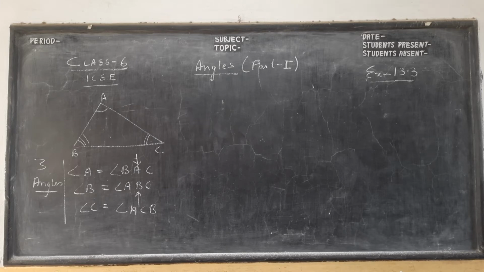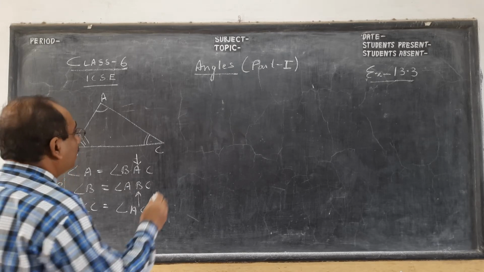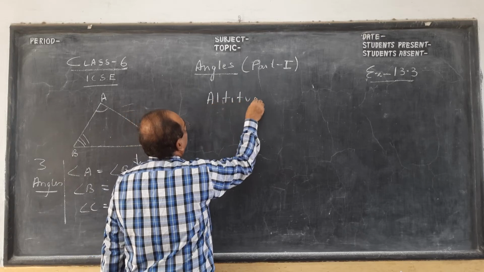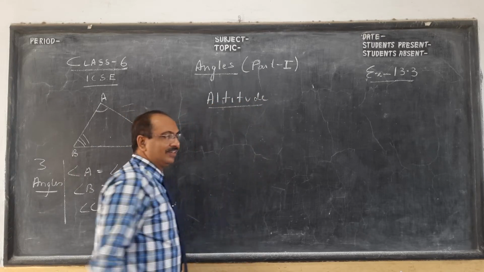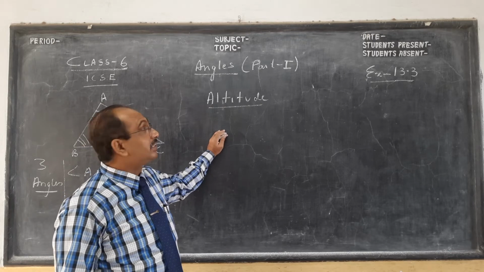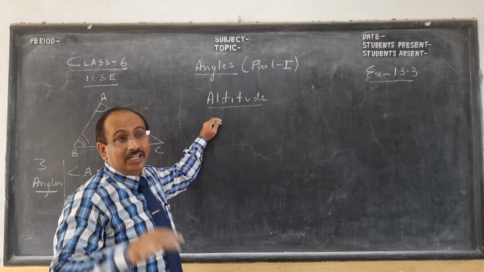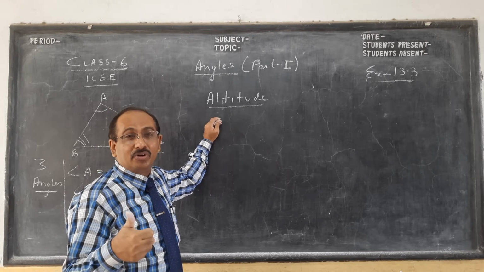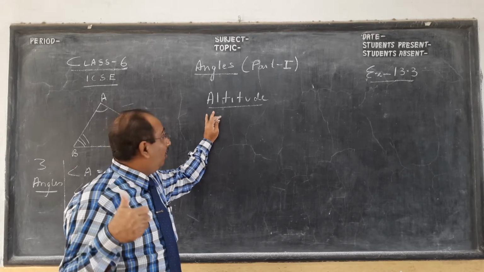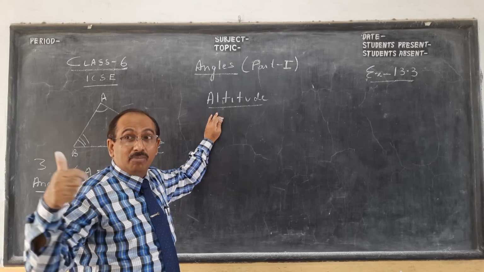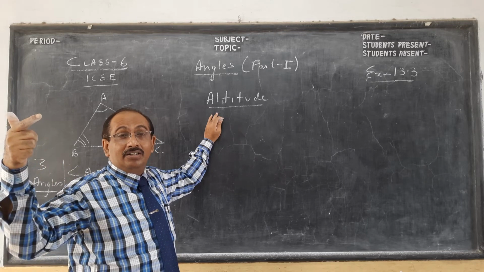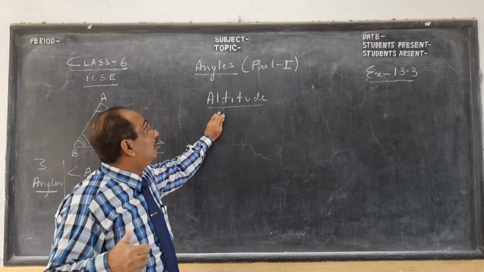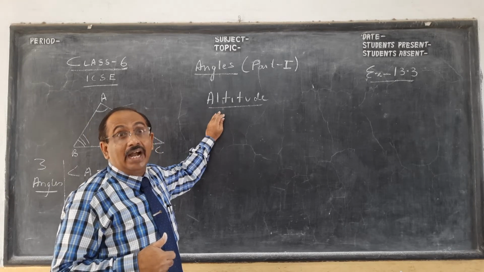So the last topic for today's lesson is what we call altitude. Okay, children, this is not attitude. Altitude in geography means height above sea level. The weather of any place depends on latitude, how far you are from the equator. Altitude is how far up, like the Himalaya is very close to the equator, not very far, but it's very cold. Why? Because it has a high altitude, height above sea level.